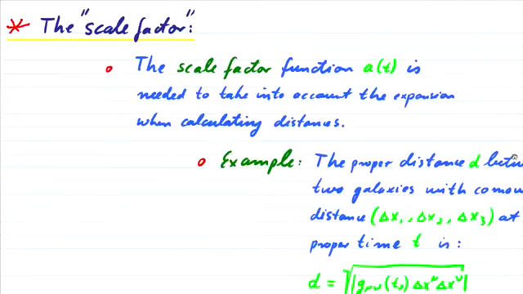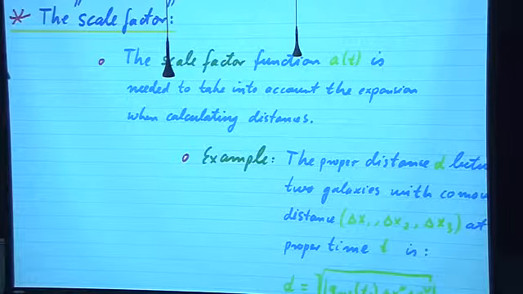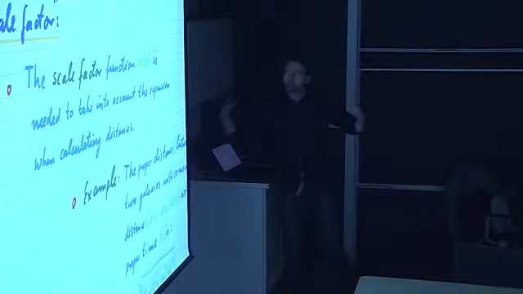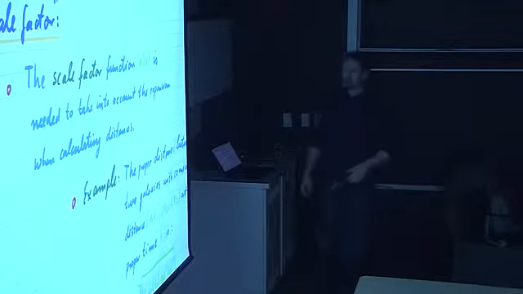So what about this scale factor function? It will capture the expansion of the universe. It captures the factor by which the co-moving coordinate system has expanded or shrunk if you go to the past. So for example,